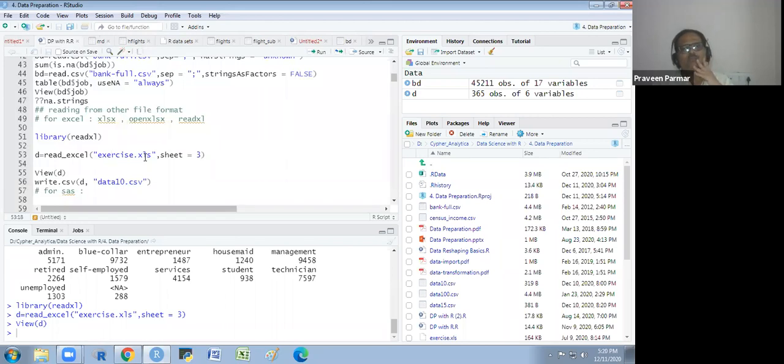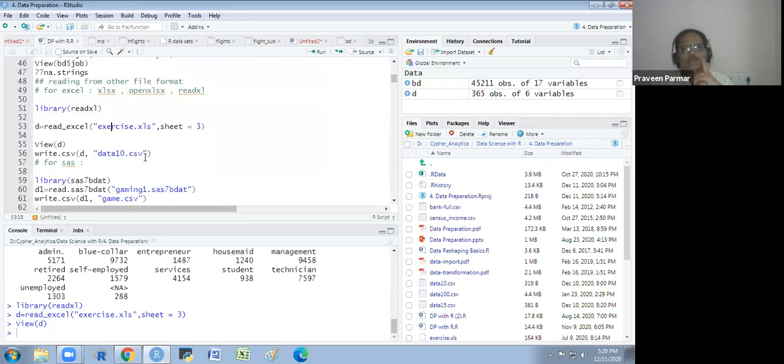Or you could, if you want to write a file to your system, you have done some manipulation in the data, now you want to save that file. So the default way is the CSV, you know that. So we are writing write.csv. Suppose this file I want to write, and D is the object name of this file. So I will write here without any quotes, then comma, by which name I want to save it. So I want to save it by data 11.